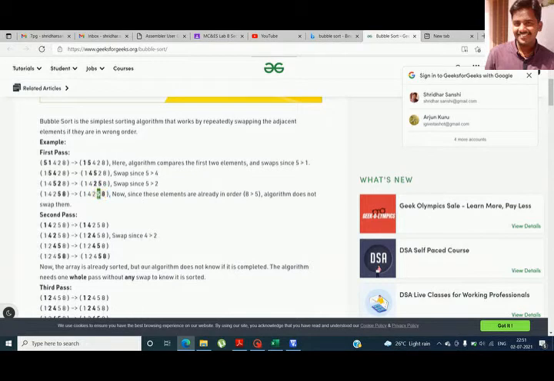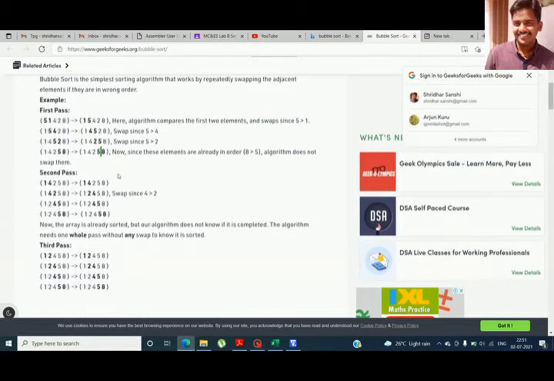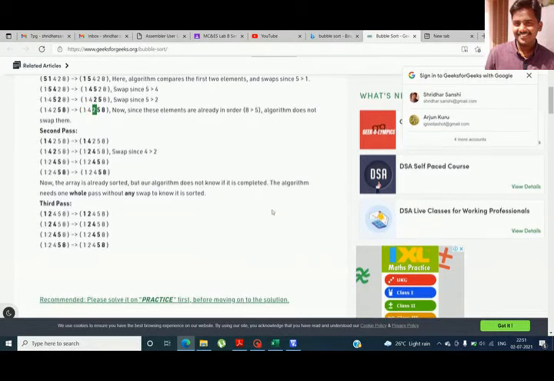You can see 5 is the next largest, so it is at the last but one position. Similarly, for each comparison, the largest element will be placed at the last position of the unsorted array. We are going to use that technique in this sorting.